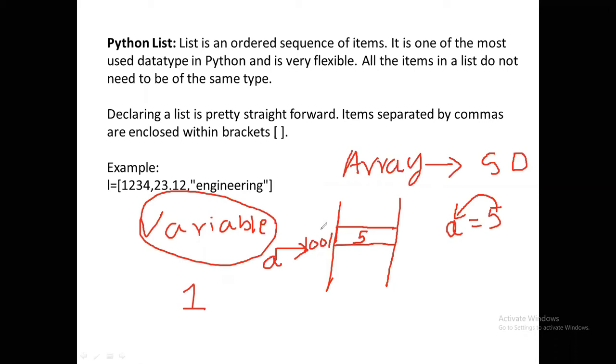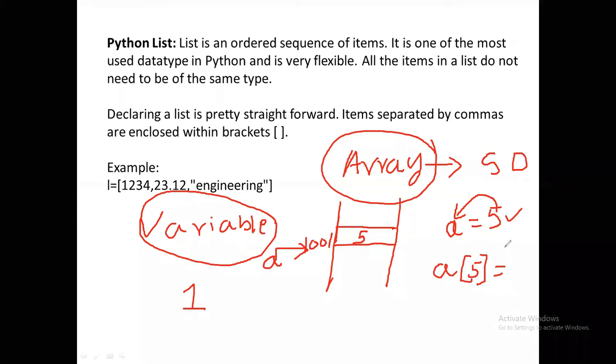If I want to store more than one value, then we use an array. An array is also a variable, but in this we store a group of similar data items. With a equals 5, we store only one element. If I declare a of 5, now in this array we can store 5 elements. Similarly the list also. So what is the list?